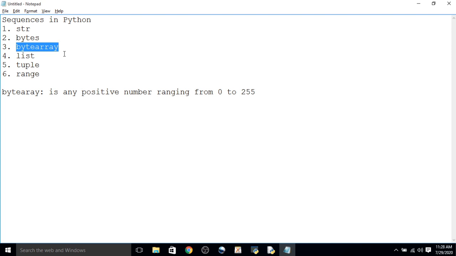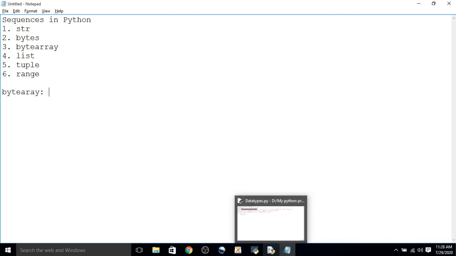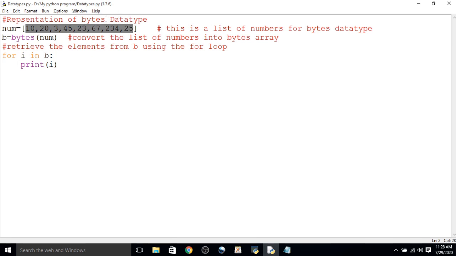To create a bytearray type array, we can use the function bytearray, similar to the bytes function. Now we have to see what a bytearray is. For example, suppose we have taken the list of numbers, the representation of bytearray.